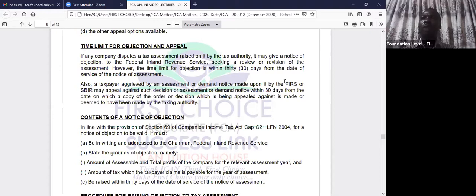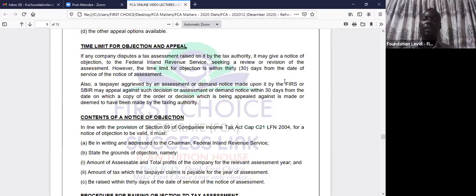You're also going to calculate the withholding tax that you have claims against your tax liability, which is reducing your tax liability. So all of these should be attached to your notice of objection. But your notice of objection is going to just state the grounds for objecting. It's going to be filed or sent within 30 days, and is going to be in writing